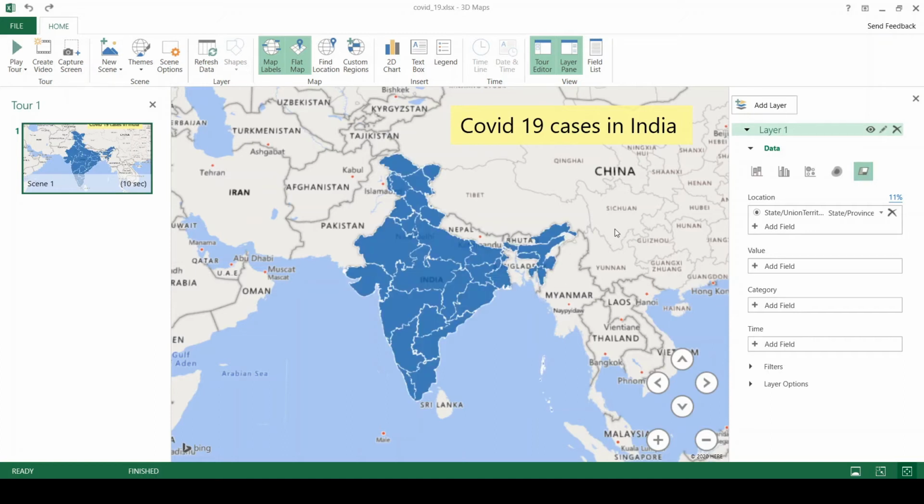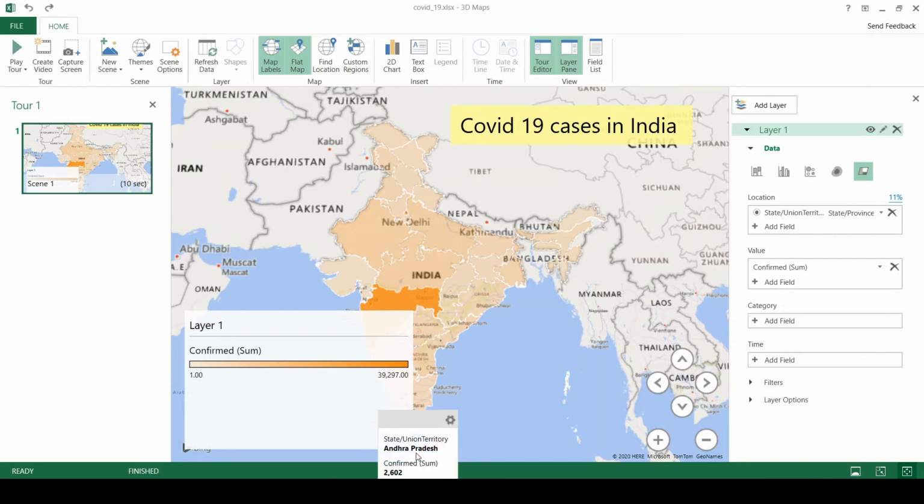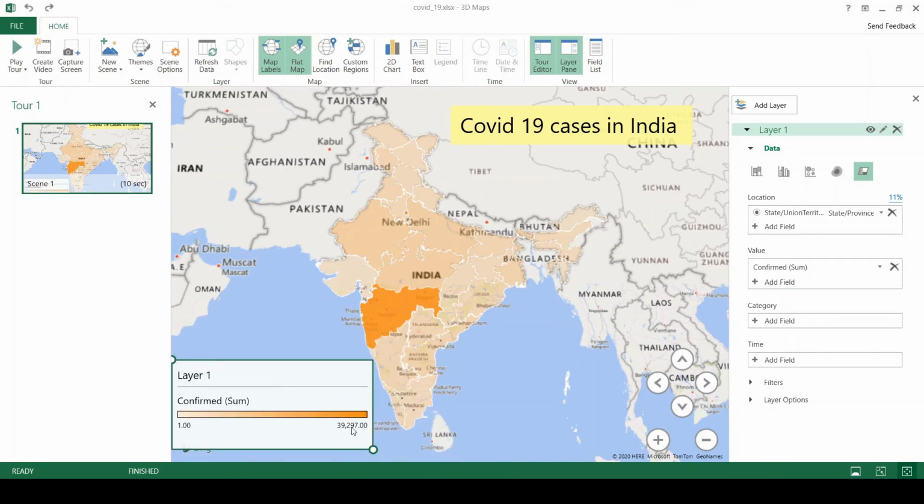Now this is all under the same color right now, but we're going to change it according to our dataset. So we'll have to change the value parameter. I'm going to add the confirmed number of cases, and you can see that Maharashtra is ahead in the numbers of COVID-19 confirmed cases. That's why it is in a differentiated color. Here is the legend by which you can identify the least and the maximum cases. I think least is in Mizoram, yeah.